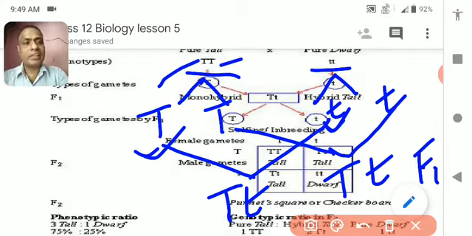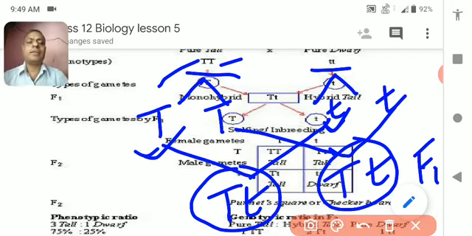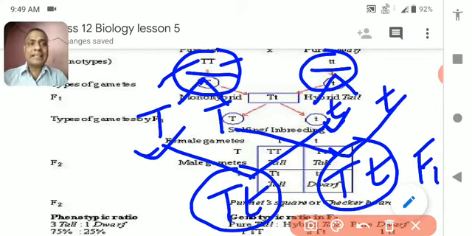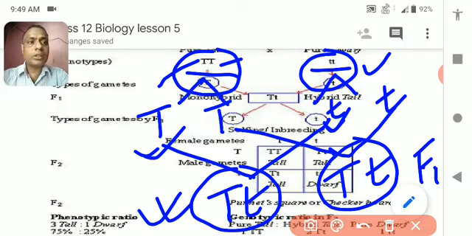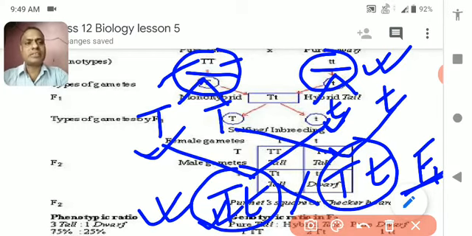Okay, so in filial 1 he saw all the plants that are produced are tall. He wondered, while he crossed a tall plant with a dwarf plant, why did he get only the tall plant in the first generation? Where has the dwarfness gone? He could not find the answer to this question. At the same time, he crossed the both offspring produced in F1 generation, means he crossed this offspring with this offspring and allowed the self-pollination of this plant.